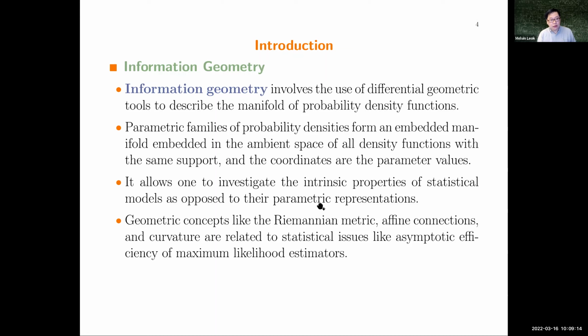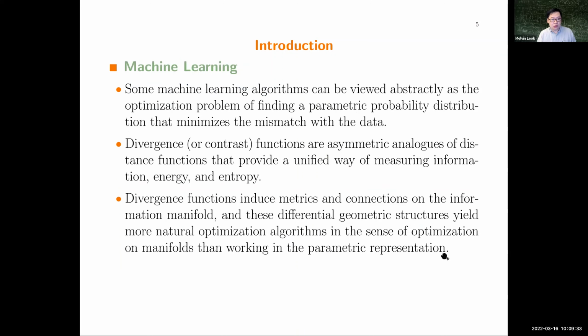So in any case, associated with this idea are various types of differential geometric concepts, like the notion of a Riemannian metric, affine connections, and curvature. And they turn out to be related to statistical issues like the asymptotic efficiency of maximum likelihood estimators. Okay, so then the other issue of course is machine learning,